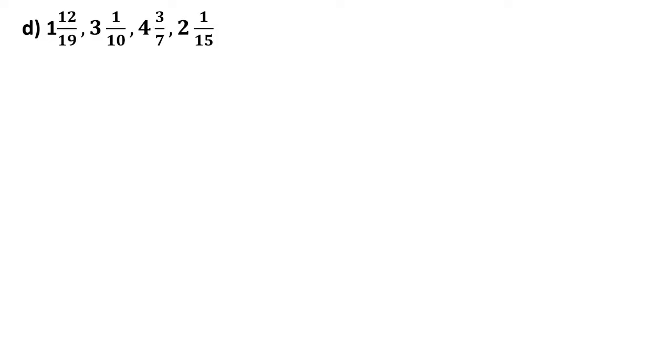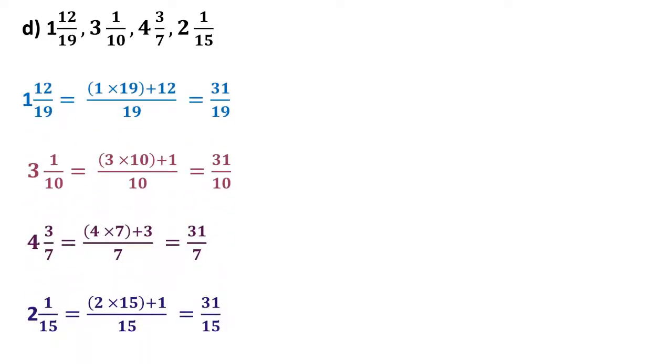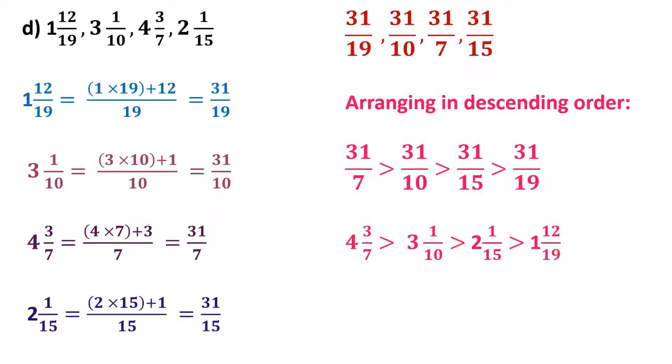Next question is again the same thing we have here. All the fractions you can see they are in mixed fractions. So we are converting these all mixed fraction into improper fractions. Now you can see these all improper fractions have different denominators and same numerators. So children, we have got this fraction. Okay, so as I told you in the previous slide that when we have same numerator, the number which is having the smallest denominator will be the greatest number. So that is why this is the arrangement of descending order.